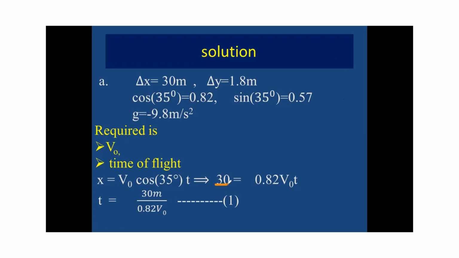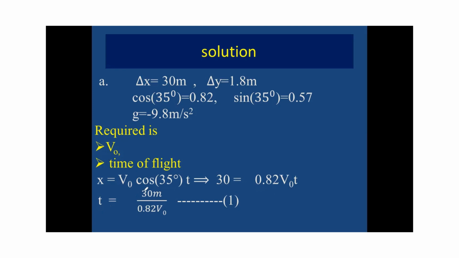This is the range, and this is the value of cos 35. So the horizontal distance, 30, equals 0.82 v naught t, and solving gives t